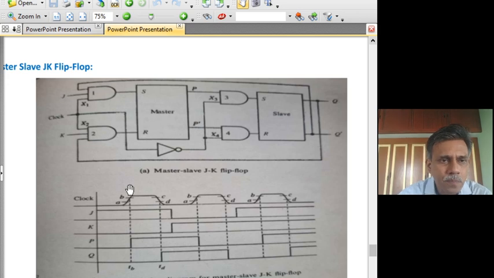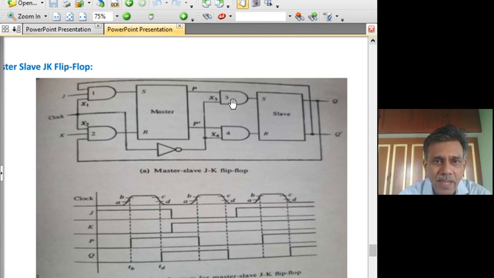Well, now what we want is that when the clock is 0, these two gates are disabled and these two are enabled and the slave will output the value. When the clock rises, we want the slave to be isolated before opening up of the master. Because if you open up the master, it can start changing and may even affect the slave to change, which we don't want. So to be on the safer side, we want the slave to be isolated first.